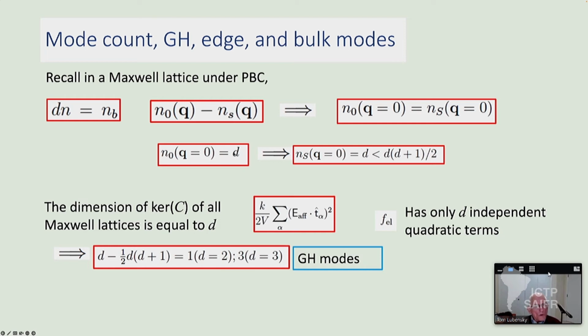The only zero modes we have left are the translational modes, and this is at Q equals 0. And Q equals 0 corresponds to an elastic limit, and this is less than D times (D plus 1) over 2, which is equal to 3 in 2 dimensions. So this energy is a 2-dimensional energy, and it gives us 1 Guest-Hutchinson mode